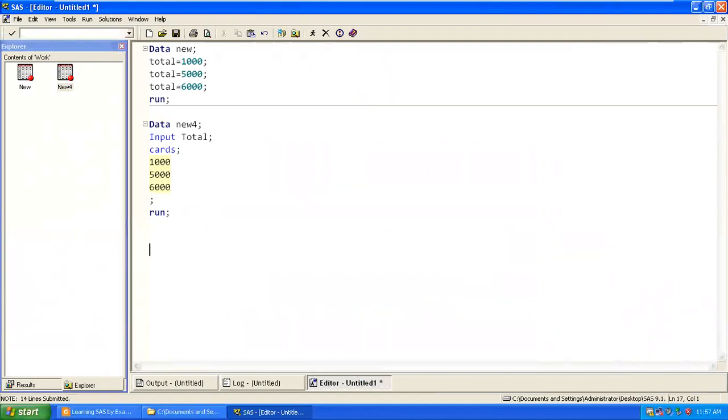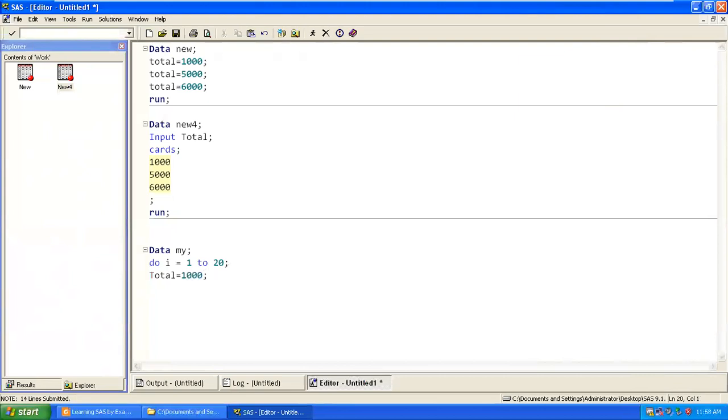Let's say I want to do it like this, where data my set, I can use do I equal to 1 to 20, and let's say I want to rotate 100 times. So I can say total equal to, then we need to multiply this and initialize in a different way, like 1000 rupees, let's say I want to keep.